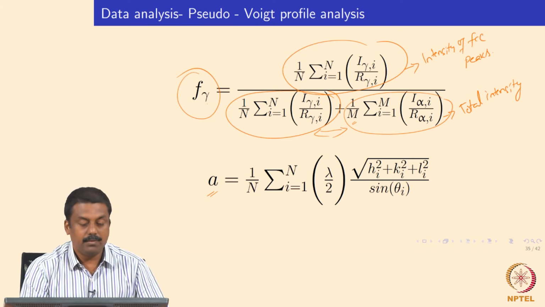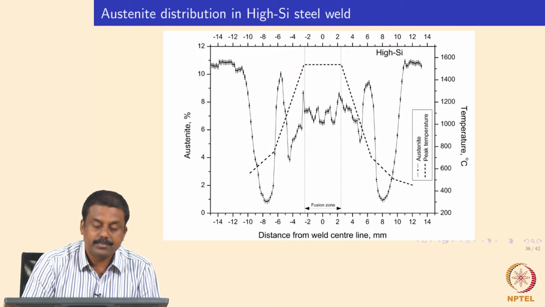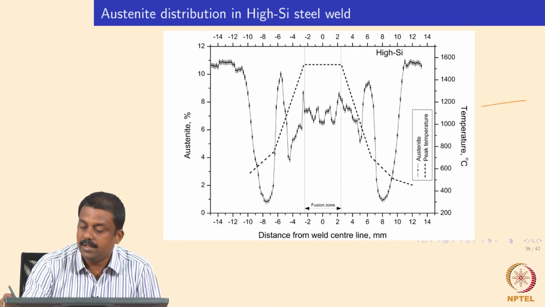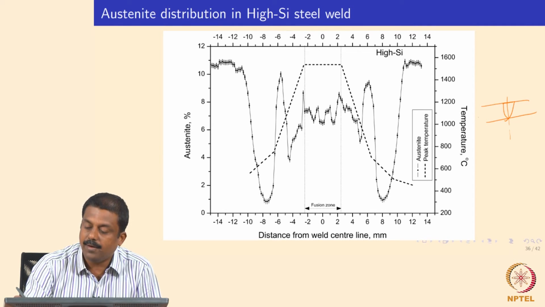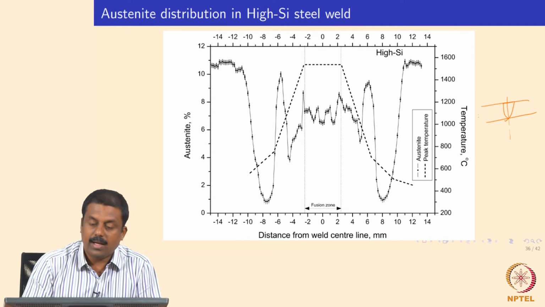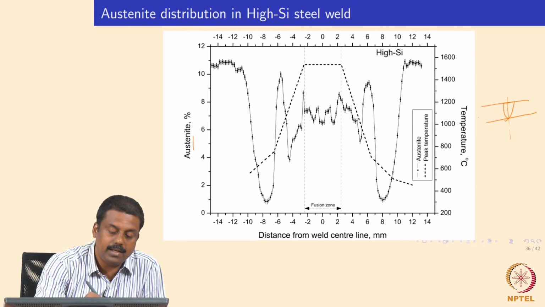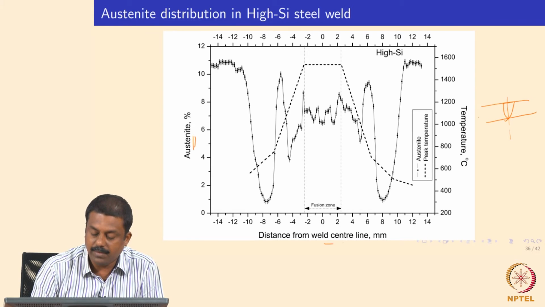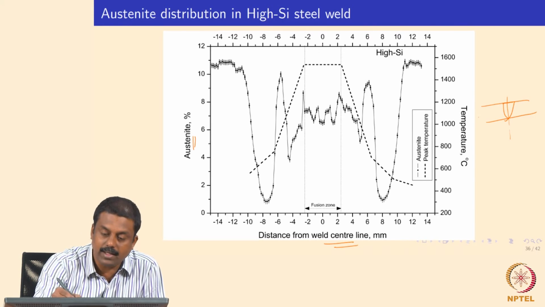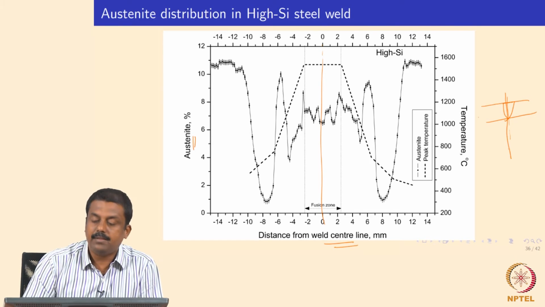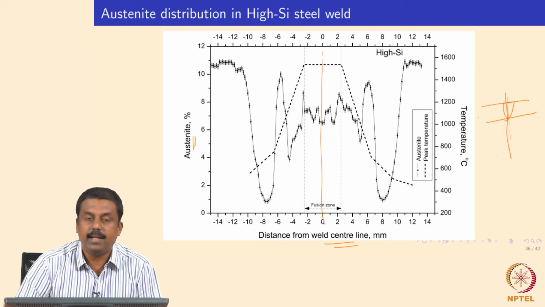Okay, so now what will happen in the weld zone? We can measure over the regions in a welded TRIP steel, for example. We can start from the base material far away from the weld zone, and I am showing you a graph describing the retained austenite variation along the distance from the weld center line. Okay, so the weld center is over here, and this weld was made in high silicon steel,